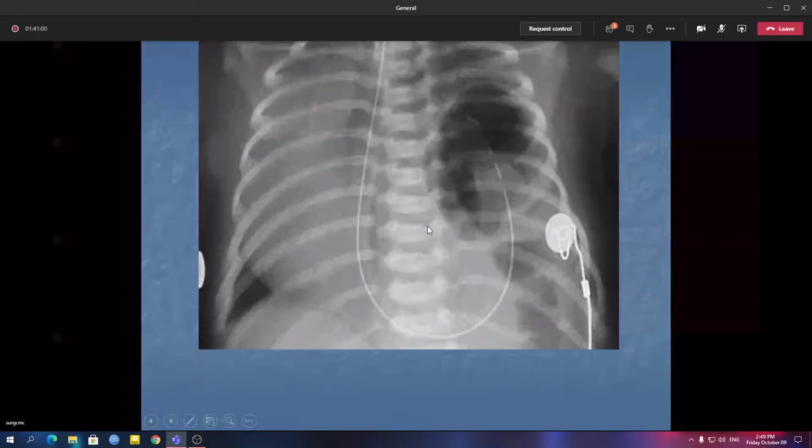We are talking from the level of obstruction. If you put a pediatric Ryle's tube in from here and it goes into the airway from here, then it is probably a TOF, what you are talking about. But here look at the disposition of the Ryle's tube: it is going down and then again going as per the curvature of the stomach. The Ryle's tube is going up, finding the stomach.